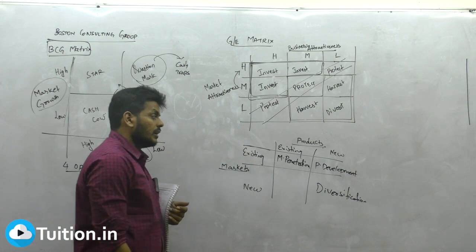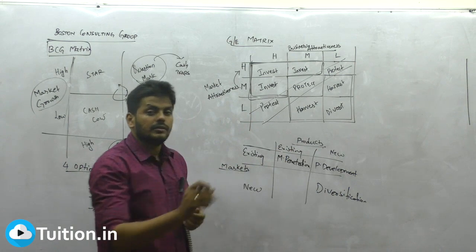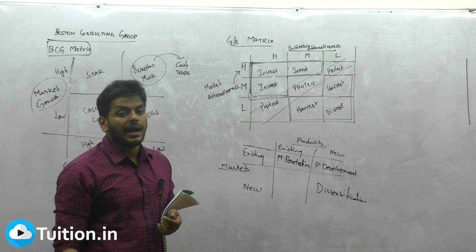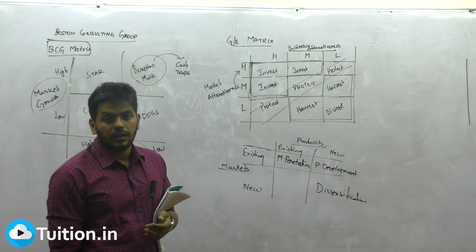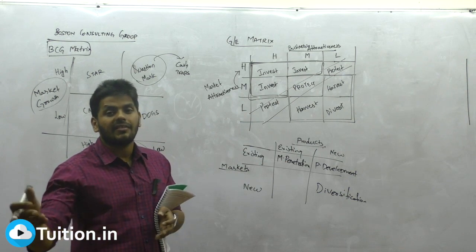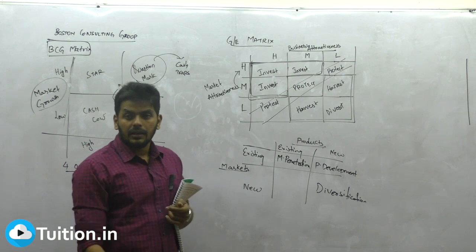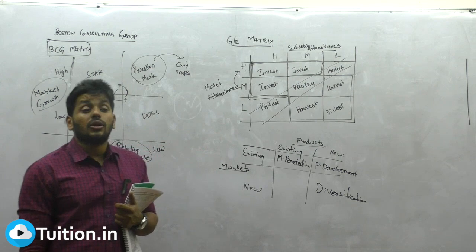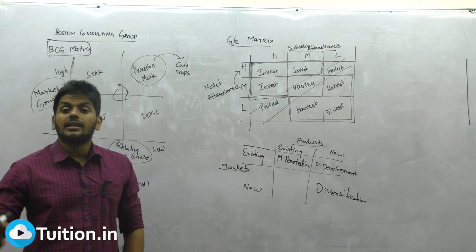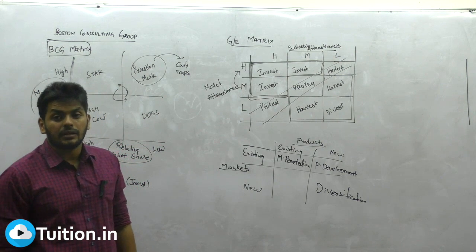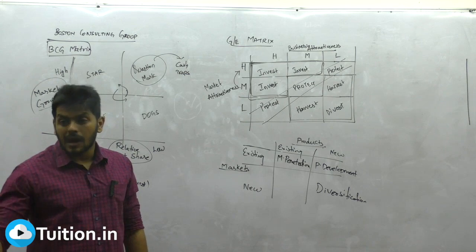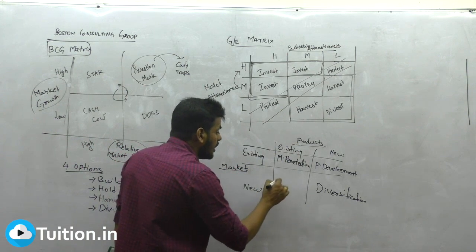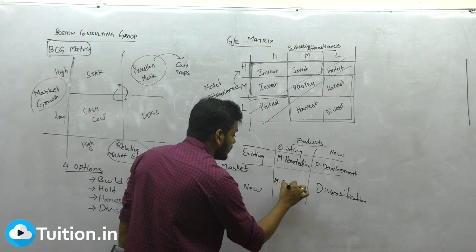Same way, existing product means the product is there. I sold it in Hyderabad. I want to sell it in Bangalore. In Bangalore, people don't know that the product is there. I want to expand to Bangalore, Chennai and other metros. So I'm going up there. Geographically, I'm moving on to a new location. Should I go there and create a market, or should I go and tell about my product? My product is fine. I want to find a market there. So where I'm introducing an existing product into a new market, that is called market development.